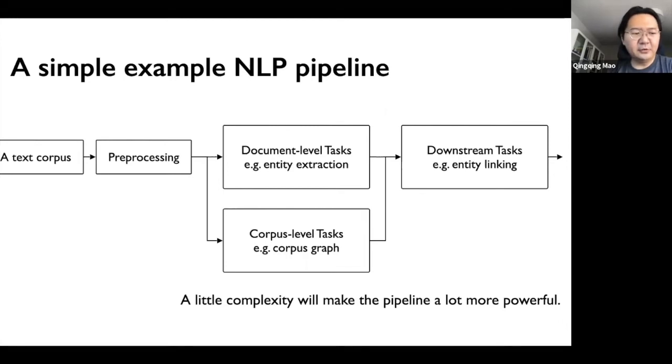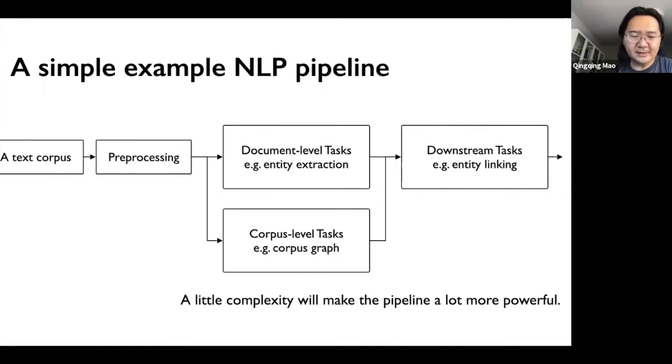So if you do these kinds of tasks, you can actually do something that, if you just simply do it on the document level, may not actually be possible. Right, but if you expand your level to a corpus level, or even beyond the corpus level, so for example, if you have some other extra data set like Wikipedia that you can link to, that's some extra tasks you can do. And you need to do all these tasks in parallel, and then get the results together and feed into the downstream tasks.